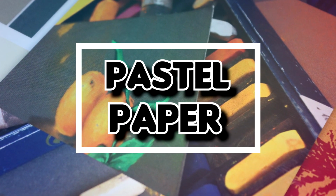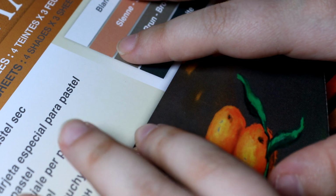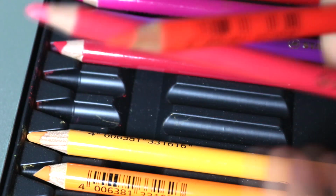Finally, if you are using pastel pencils, then using a paper specifically designed for pastels is essential, as pastels are a very powdery and loose medium. I love the Pastel Matte paper by Clairefontaine, and I like this paper because there is a lot of variations of colour and it is designed for pastel work. This paper is very thick, it is 360 GSM, which is 170 lb, and the thick paper means you can